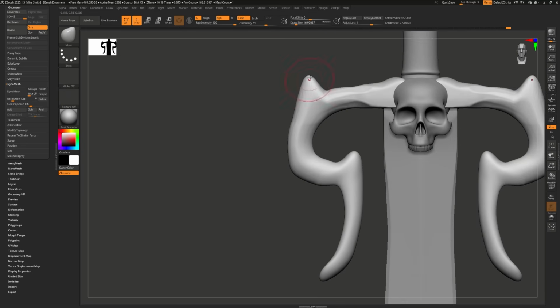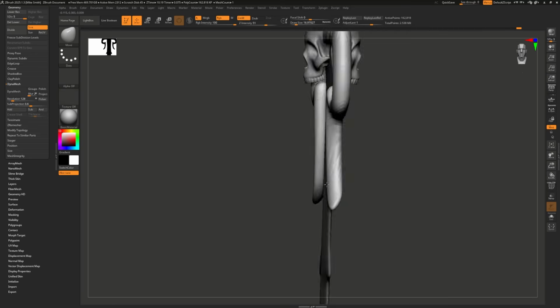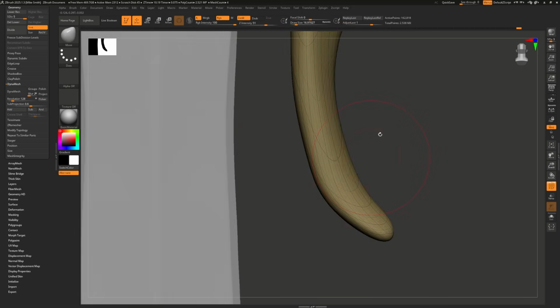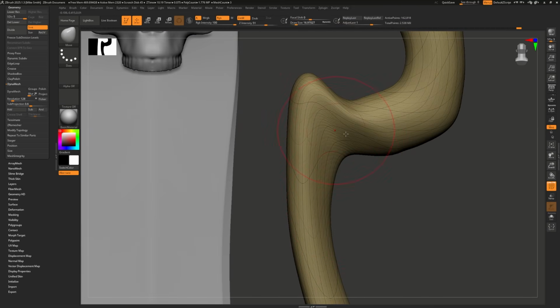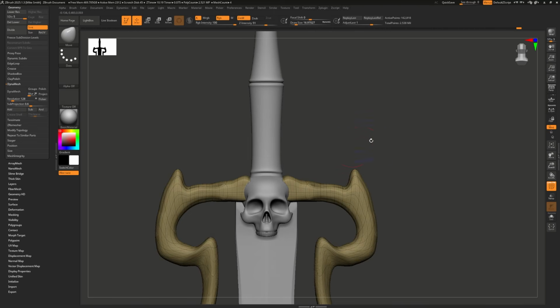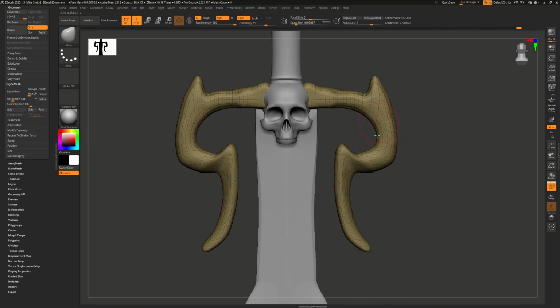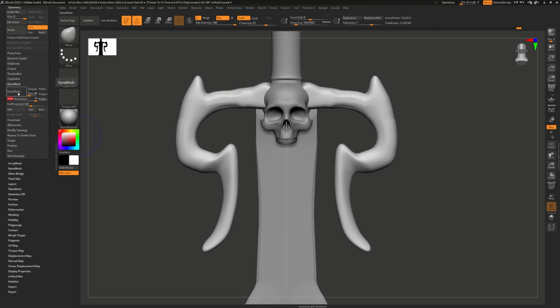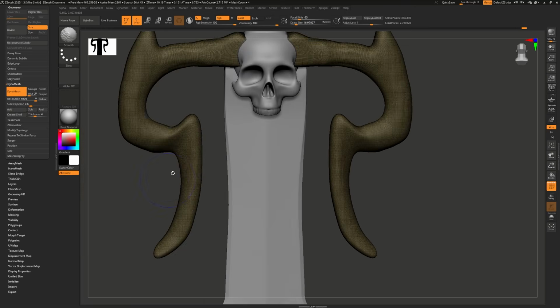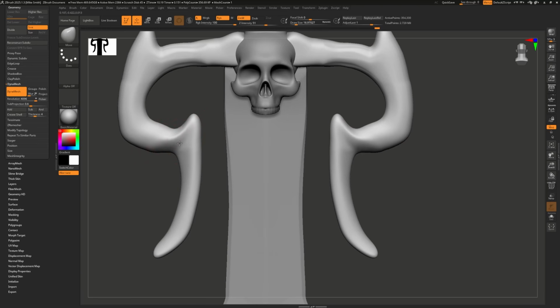And so it might be a good idea to turn on DynaMesh for this object as well. In fact, if I turn on wireframe, you can see that my wireframe is getting really stretched out and kind of torn up. So let's do that. Let's turn on DynaMesh for the hilt. I'm going to crank up my resolution and hit DynaMesh, and now we're in DynaMesh mode. Once you're in DynaMesh, you don't really need to press Ctrl D to add more subdivisions because DynaMesh allows you